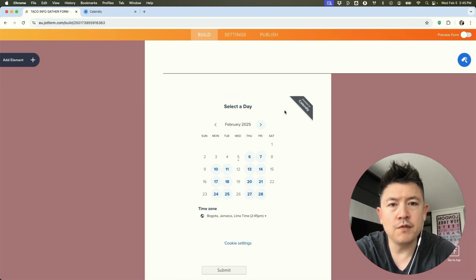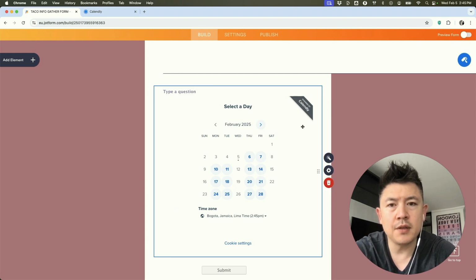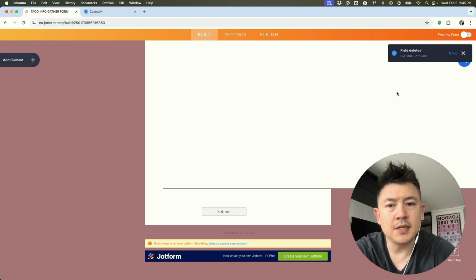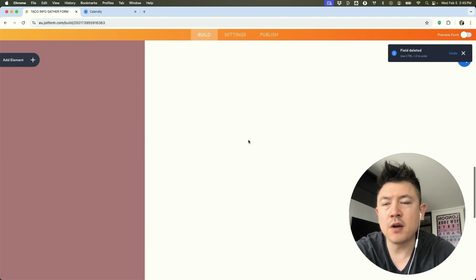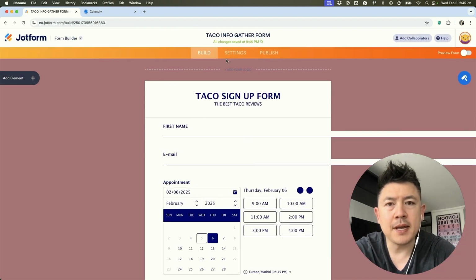So in order to remove this, what you're going to do is just kind of hover over the Calendly section, and you're going to see these three options right here. You're going to click on this red trash can. Okay, now you're going to see this pop up here, field deleted. So now my Calendly has been removed from this JotForm, and we can confirm that by clicking on settings here